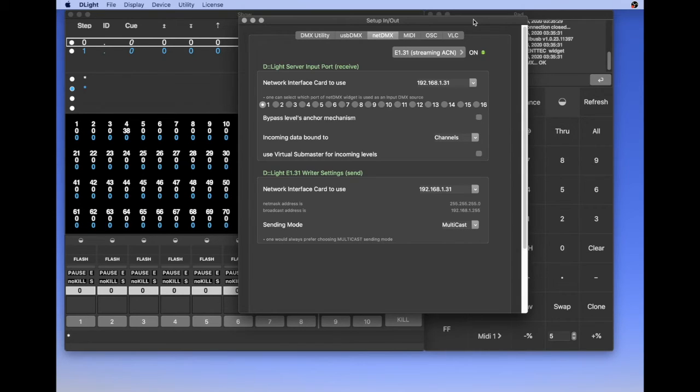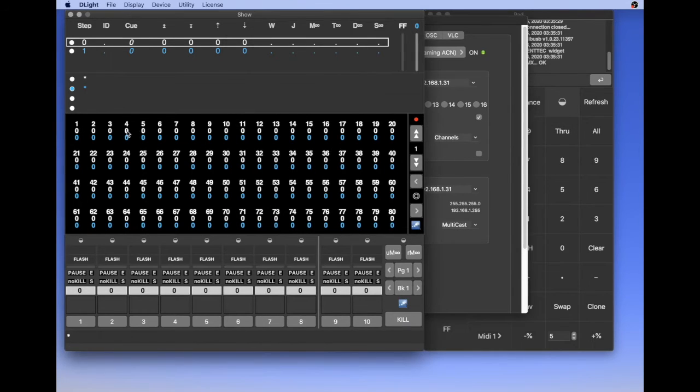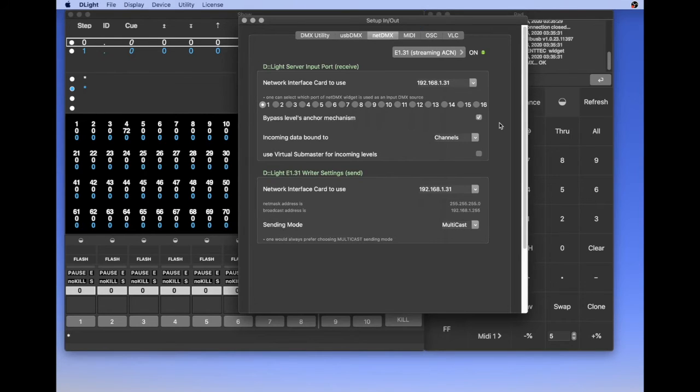This is the anchor mechanism. If I choose to bypass it, and here I set it to, let's say, this level, as soon as I set a level on the PC, paf, it takes precedence. I don't know if it's real English, but I hope you understand.